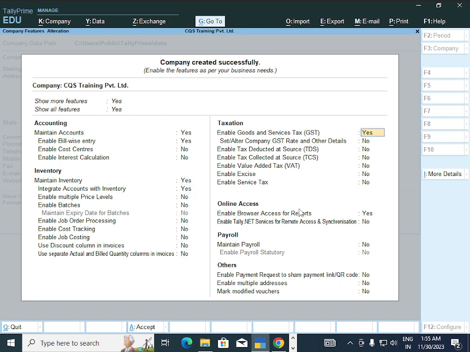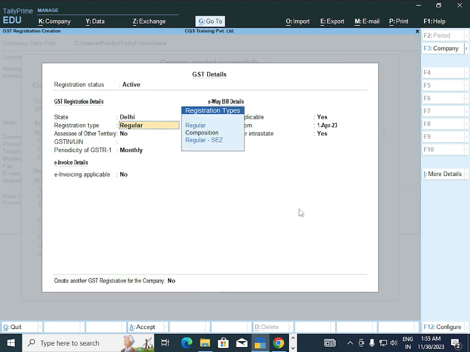We have to activate enable goods and service tax. After that, activate registered dealer, which means our company is a registered regular dealer. For the GST number, we have to type the Sequest Training Private Limited GSTIN number.